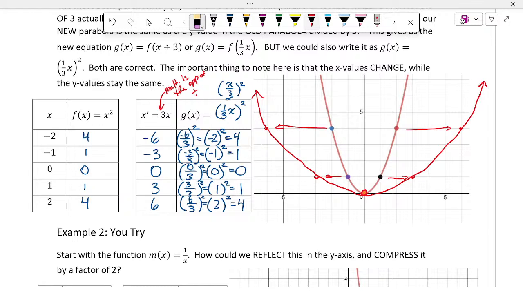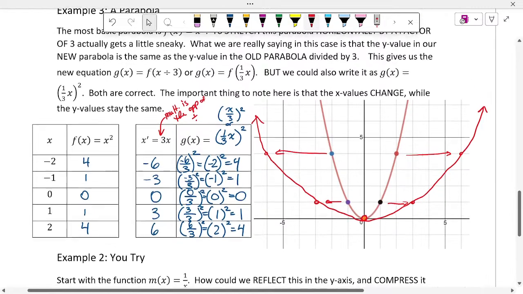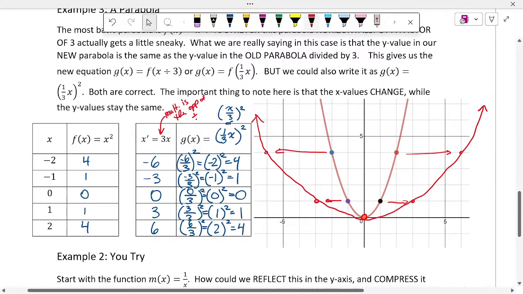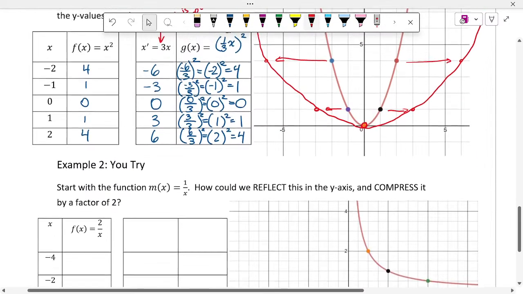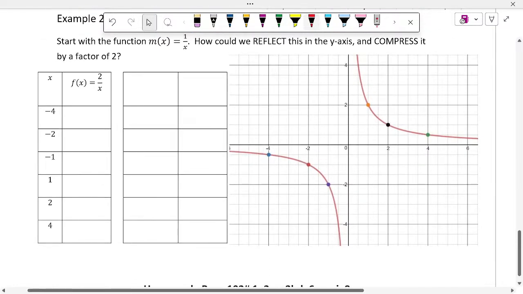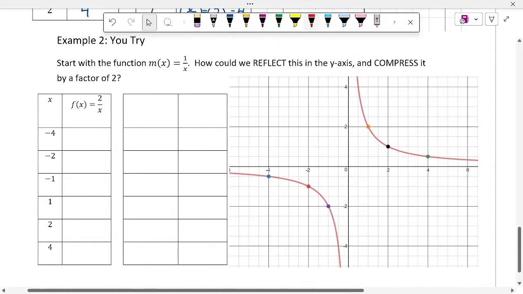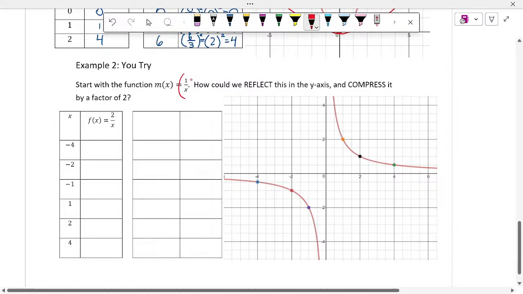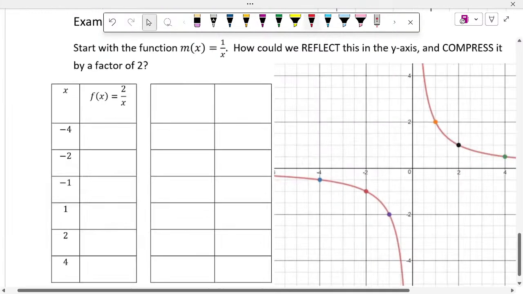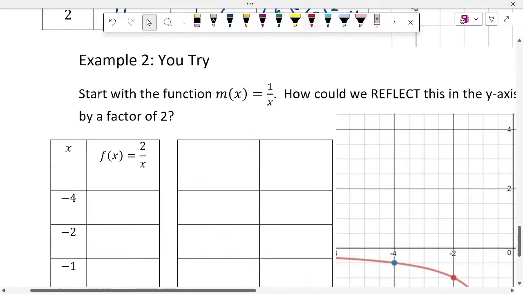Which, if dividing stretches it, how would you compress it? Multiplying, right? So we would say that this is stretched by a factor of 3. And then if we wanted to, with this one, we could compress it by a factor of 2, which means we have to take it and multiply it by 2, right? Now what I want you to do, let's do the main function here together. If the original function,